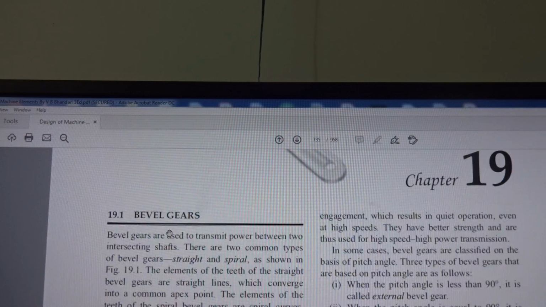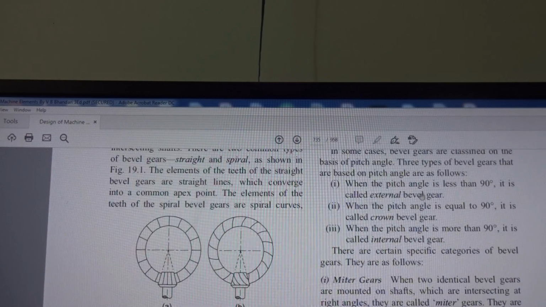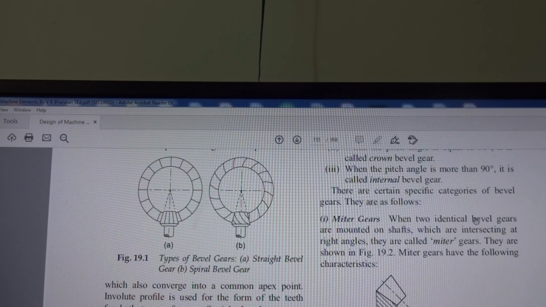So there are three types: external. What is the external bevel gear? Crown bevel gear and internal bevel gear. When the pitch angle is less than 90 degree, it is external bevel gear. When the pitch angle is 90 degree, crown bevel gear, and more than 90 degree, it is internal bevel gears. So if two identical bevel gears are mounted on shafts which are intersecting at the right angle, they are called